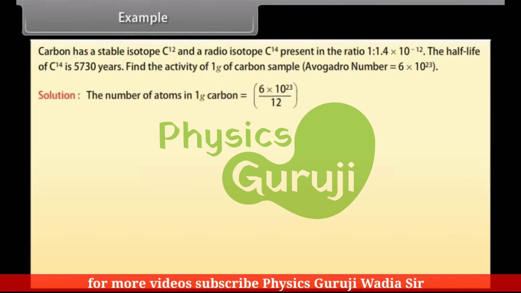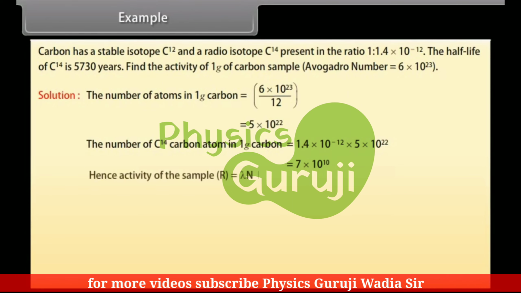Solution: the number of atoms in 1 gram carbon is equal to 6 x 10 raised to the power 23 divided by 12, which is equal to 5 x 10 raised to the power 22. The number of carbon-14 atoms in 1 gram carbon is equal to 1.4 x 10 raised to the power minus 12 x 5 x 10 raised to the power 22, which is equal to 7 x 10 raised to the power 10. Hence, activity of the sample R = lambda N, which is equal to 0.693 / T-half